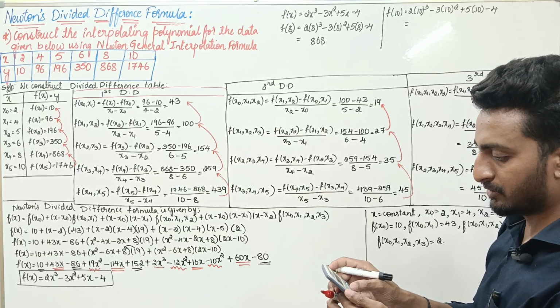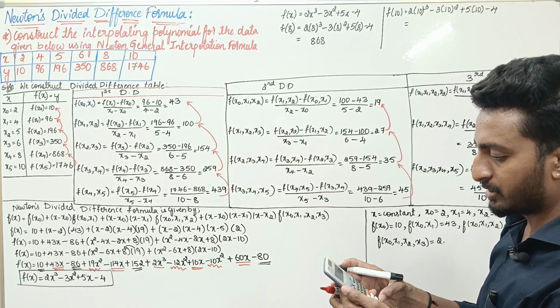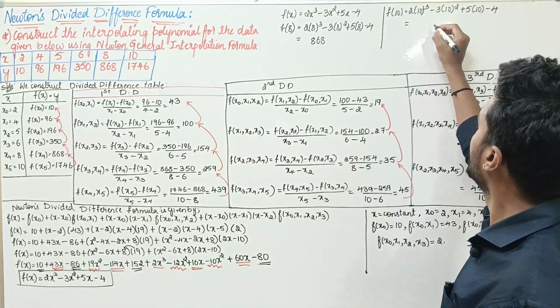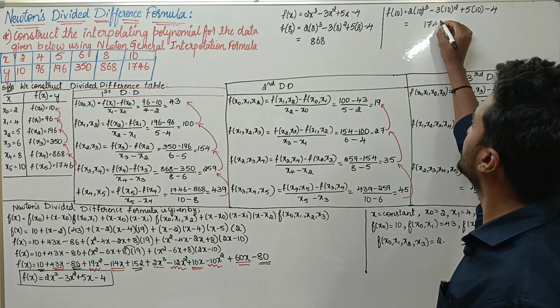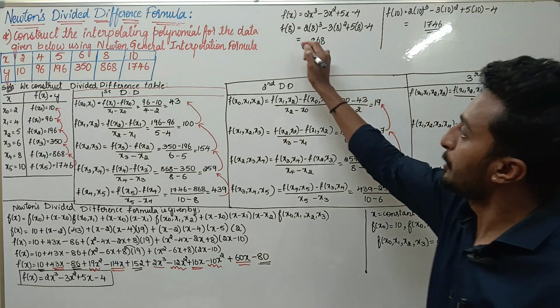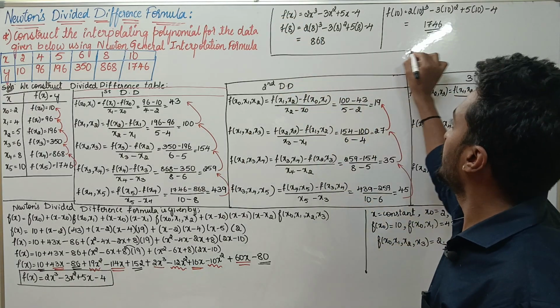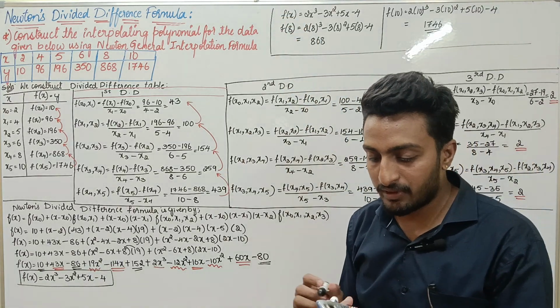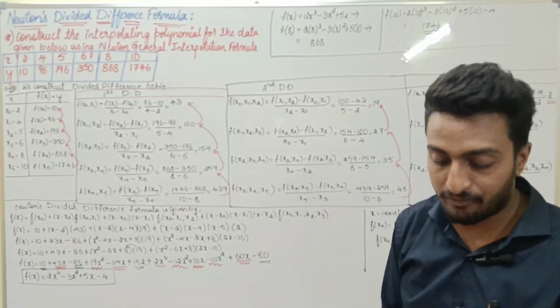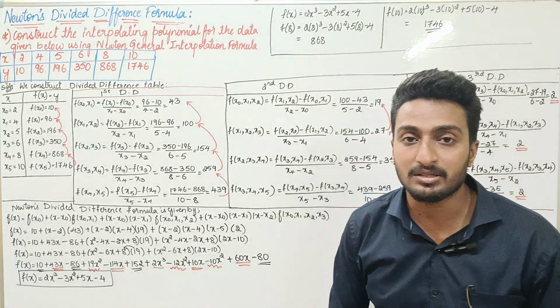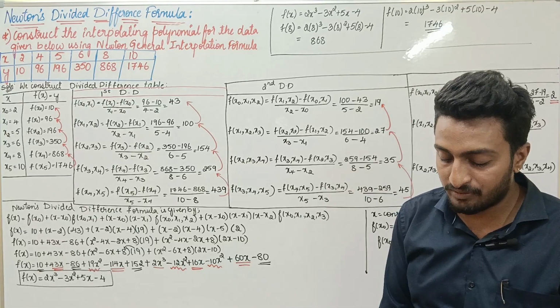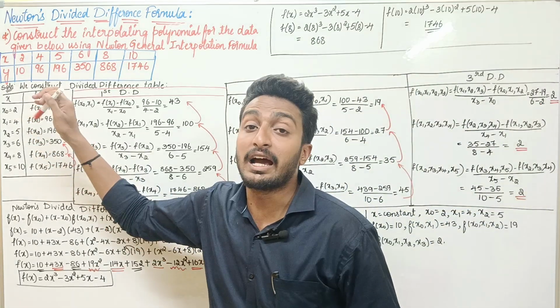You get 1746. This is only the verification part where you can conclude that whatever value of the polynomial function f of x we have found satisfies all of the values of the unequal interval,